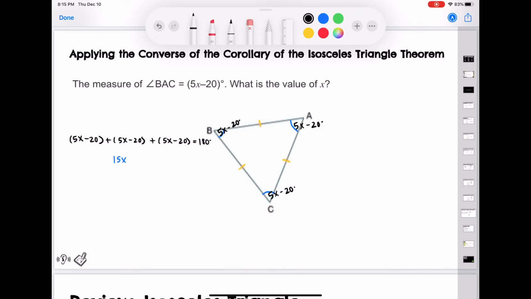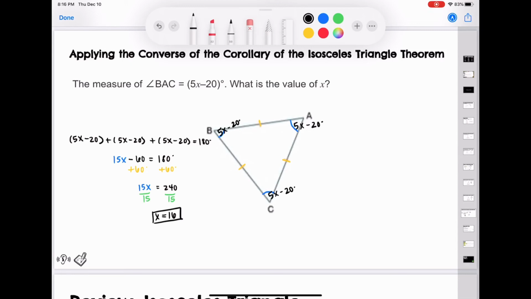Which gives me negative 60. Then I'm gonna do an 80. Then I'm gonna go ahead and add 60 to both sides. 180 plus 60 is 240. So I get 15x equals 240 divided by 15. Divided by 15, which gives me x is equal to 16 degrees, and thus I'm able to solve the